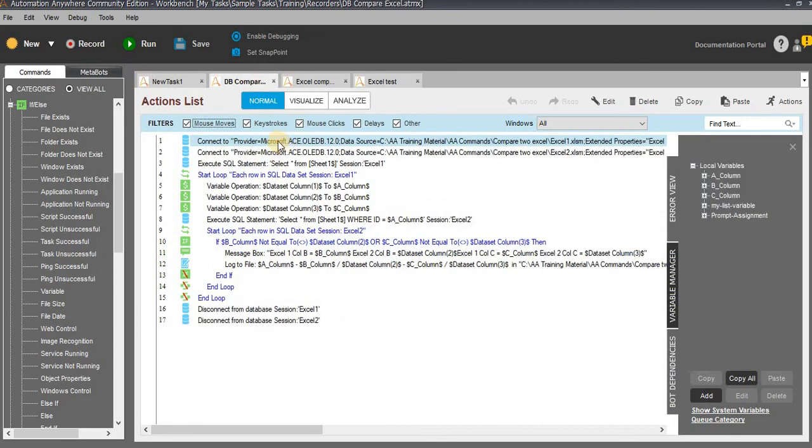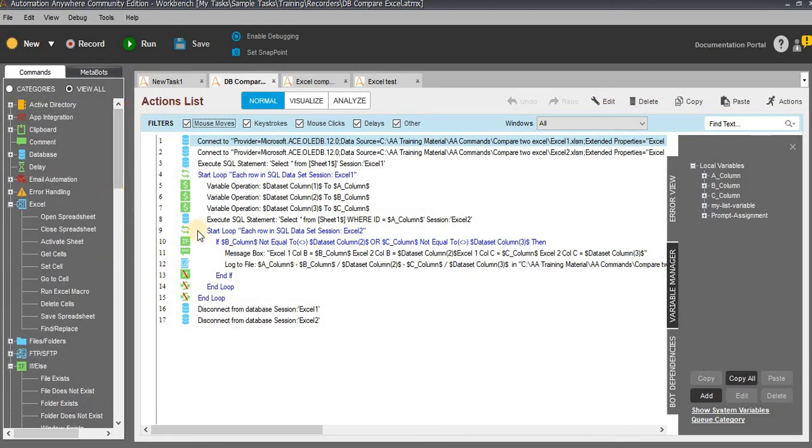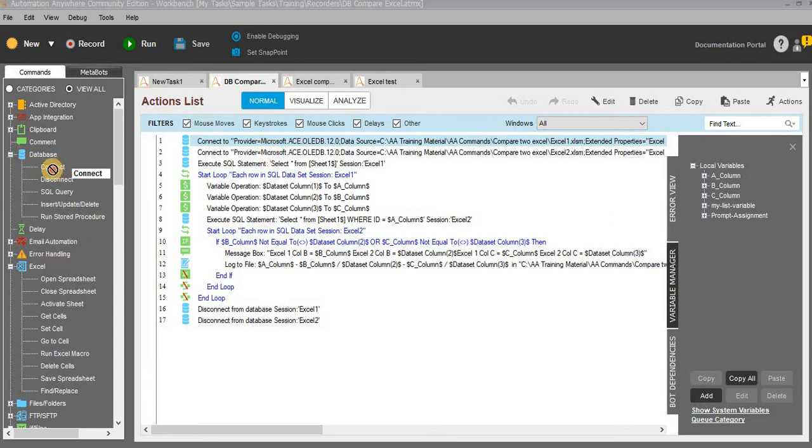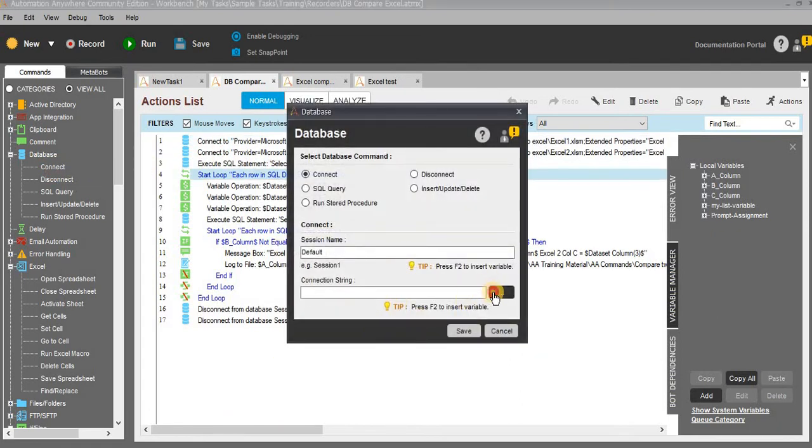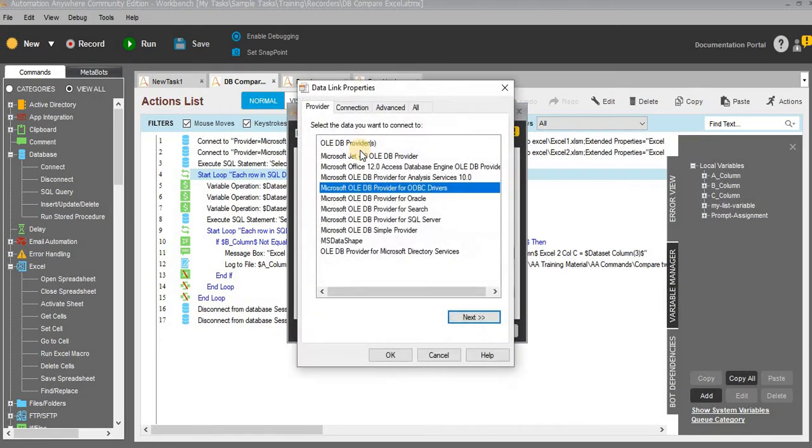Here is the database command. Following the same procedure, in Excel we opened 2 Excel spreadsheets, and here we are going to open 2 connection strings. For that, just drag and drop this database command, expand this database and drag and drop this connect. Here you need to use the service provider as 12.0, or based on your service engine, you can use another provider.